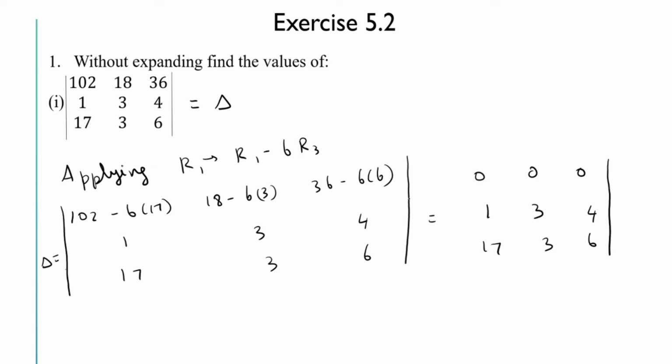So here if we have one entire row 0, then we will get the value of this determinant as 0, because we will have 0 into this determinant minus 0 into, we have to remove this column and this row and take the remaining elements, plus 0 into this determinant. So in all the cases we will get 0 plus 0 plus 0. So if any one row or column is 0, then the value of the determinant is 0. So this is equal to 0. Therefore delta is equal to 0.